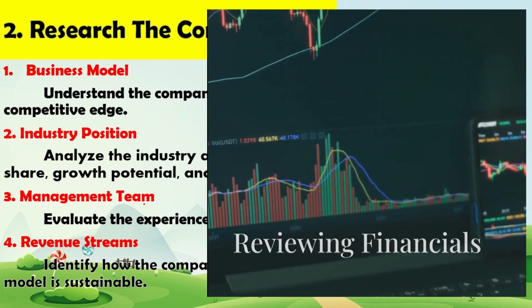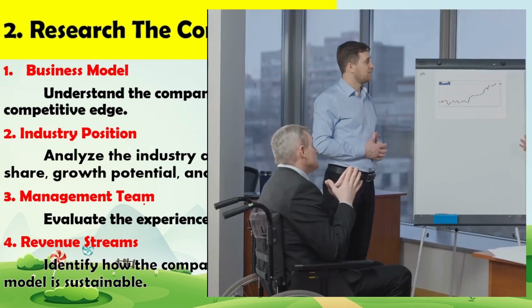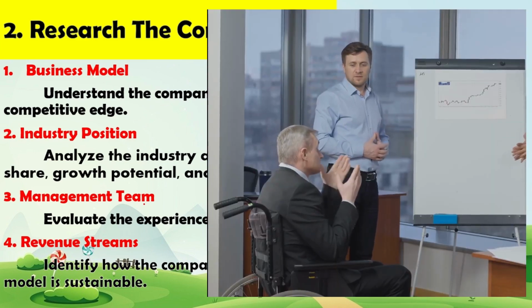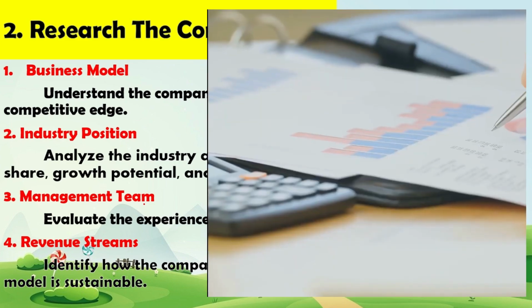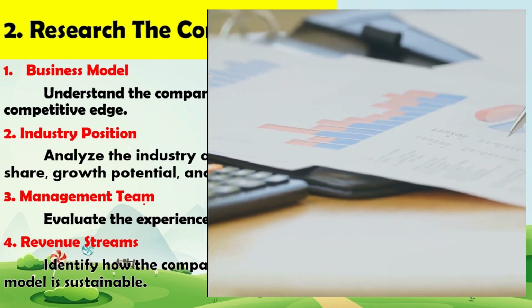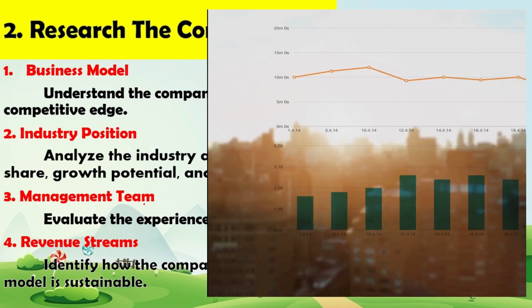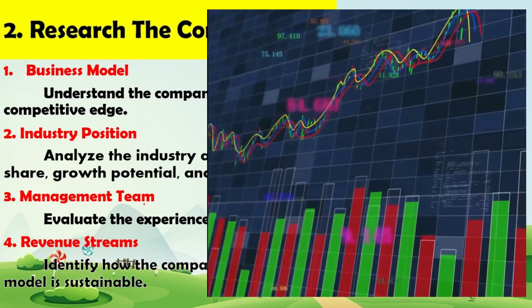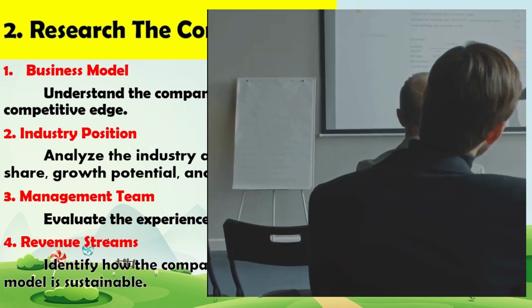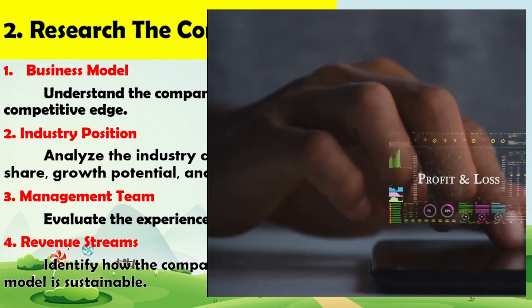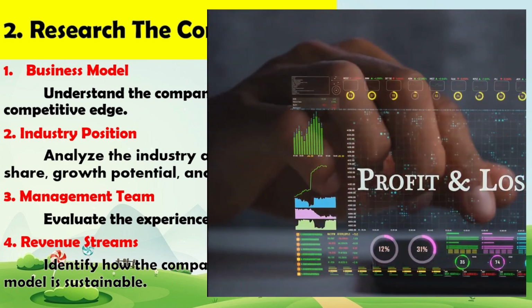Say for example, if you're taking Lulu, their board of directors has the founder, Yusuf Ali, right? But for some other company, if you're taking Talabat, different managing directors are coming. So you need to check their history also, where they already worked. That's very important. And revenue streams, how the company is generating revenue based on their business model, that's